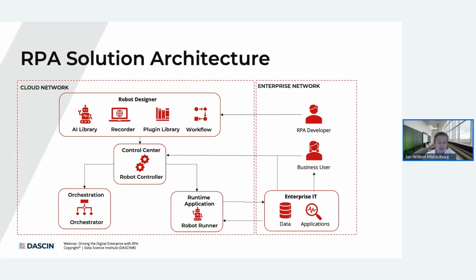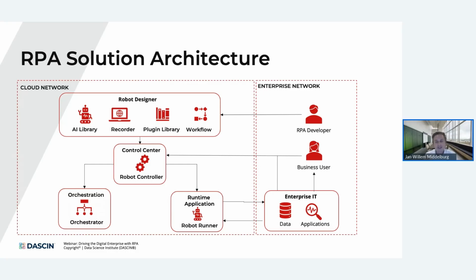The runtime application additionally also interacts with other data sources within the organization. So you will see that here it goes back and forth between an organization's standard enterprise IT environment and the runtime application. Now, this picture is a high-level overview of how RPA actually works underneath the hood. What I'd like you to see is that the architecture in itself is quite simplistic, but you do need to set up a few components for RPA solutions to actually run.